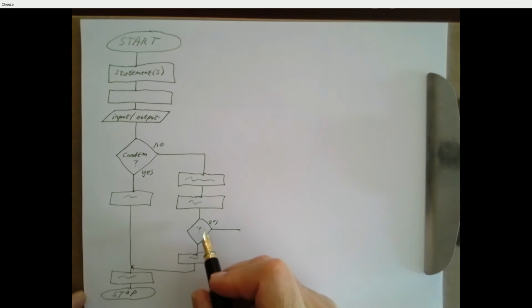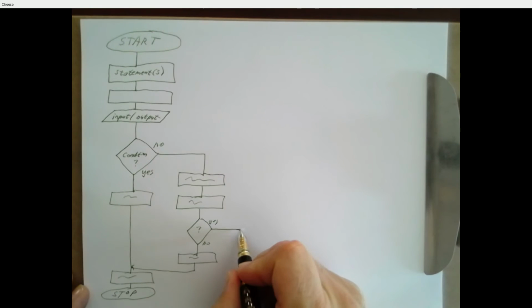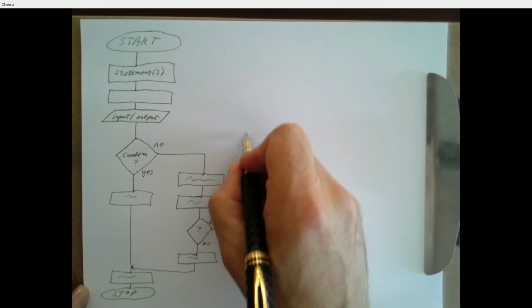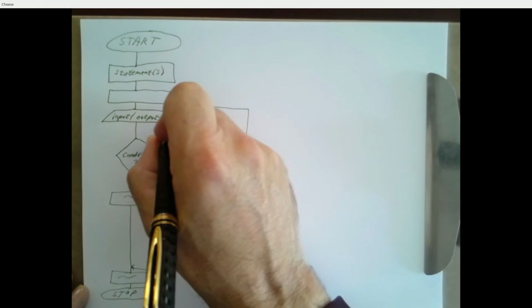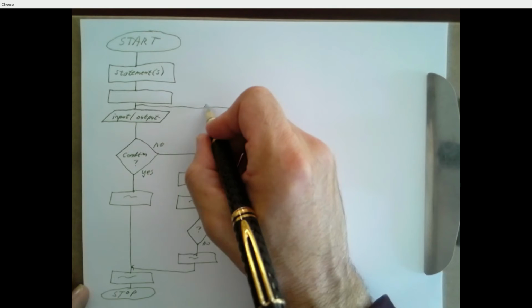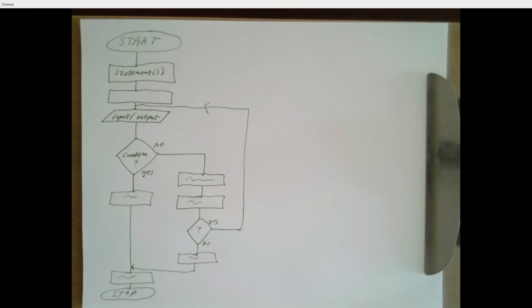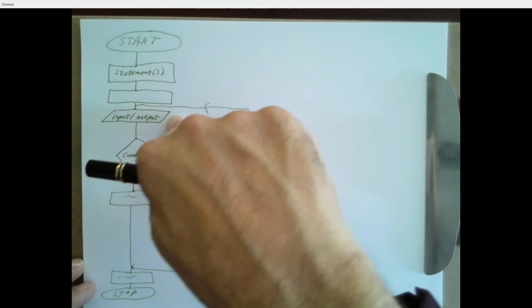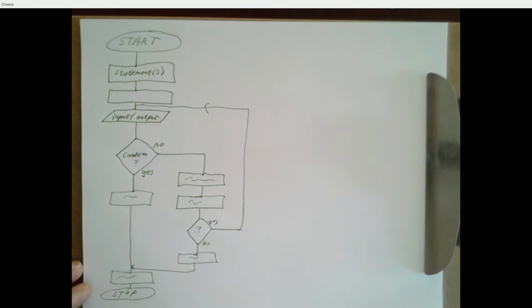And maybe this branch over here, if this condition was true, it actually goes back to, I don't know, maybe this spot right here. So you draw an arrow and you show where you want that to move to in this flowchart. So if this condition's true, it'll go up here, it'll do your input or output operation again, check this condition, and so on.